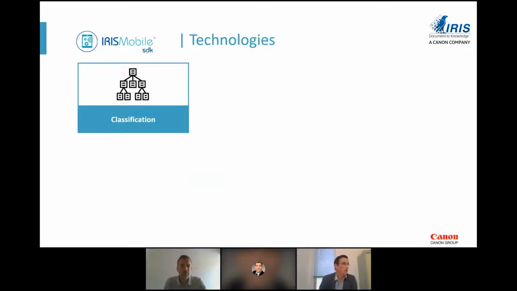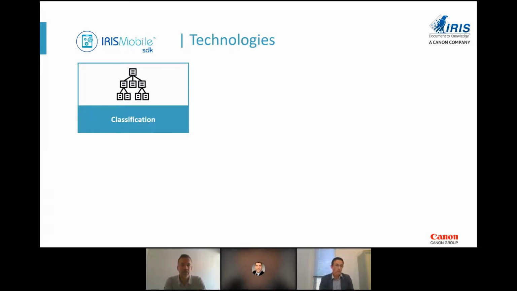Now, if we talk about the Aris Extract SDK, I noticed I didn't change the logo. This should be Aris Extract SDK and not Aris Mobile SDK. So there, the technologies are a bit different. Inside of that SDK, first we can do the classification. Of course, we need to have the system a bit trained to know which type of categories to expect, but in the end, the system is able to classify the different incoming documents, whether it's a mail, an order, an invoice, whatever you can think of.